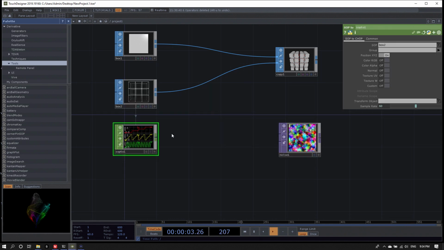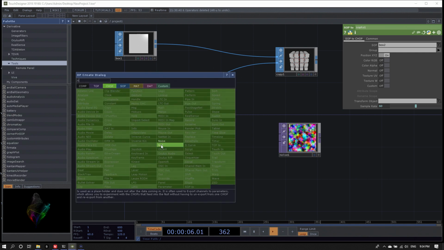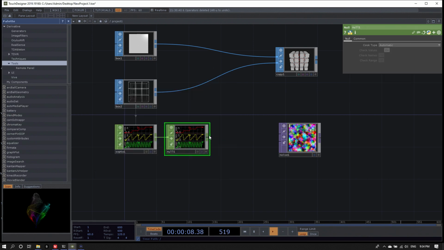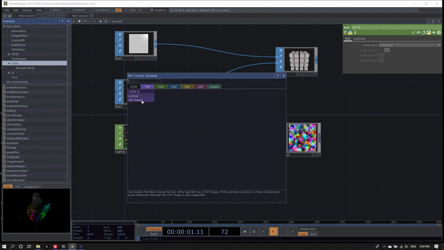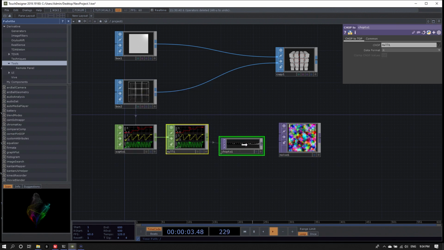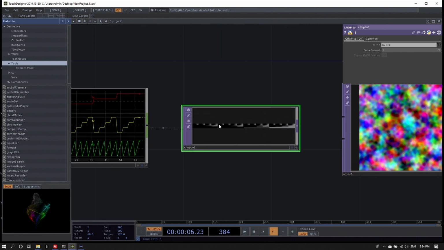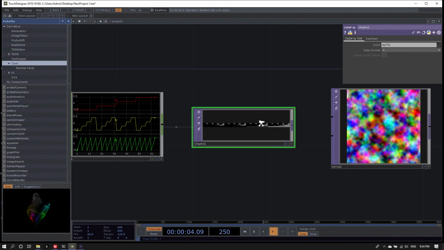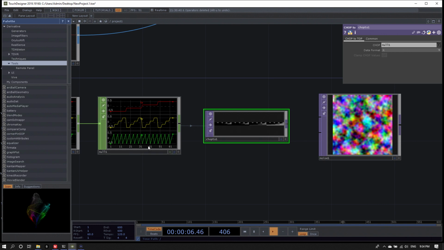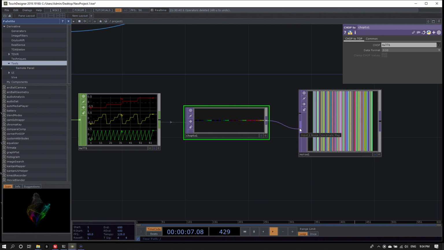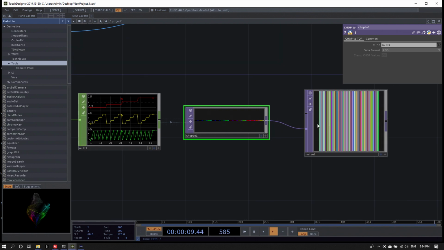Now we have to convert this CHOP into a TOP. So I'll first put a null there, because I always do this. Add CHOP to TOP. And this CHOP to TOP by default now creates 3 rows of pixels. This is because the data format is set to R, so the red channel only is created. Now, as it has 3 channels as an input, it's going to create 3 rows of data. So let's change this to RGB and put this into the second input of the noise TOP.